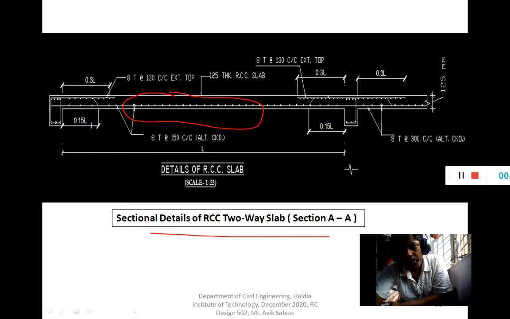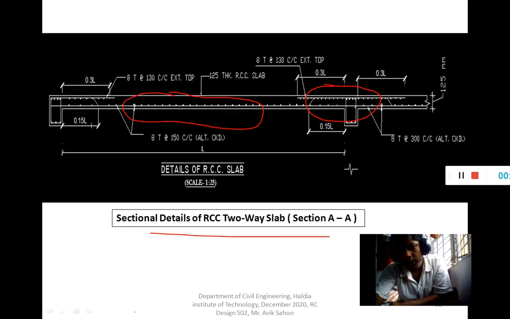So at top the reinforcement is 2 layers, 2A reinforcement in the longer direction as well as the shorter direction. So the reinforcement is 130 center to center. Now again the curtailment is done, because in this portion in the span at top there is no reinforcement. So here you see that the reinforcement is curtailed. Here it is not required, because only here you need to provide at top, but the bottom steels are not required.